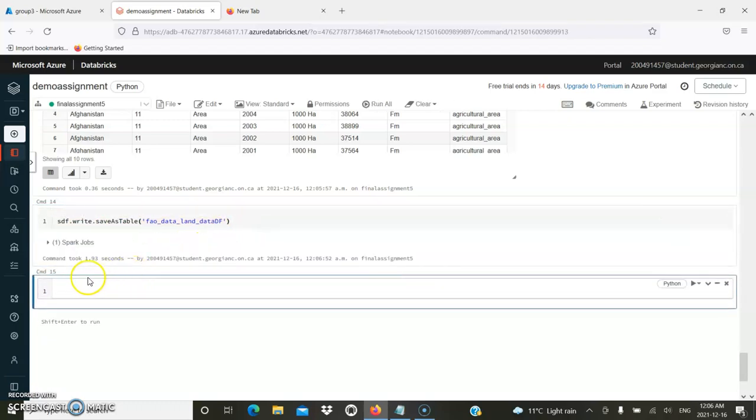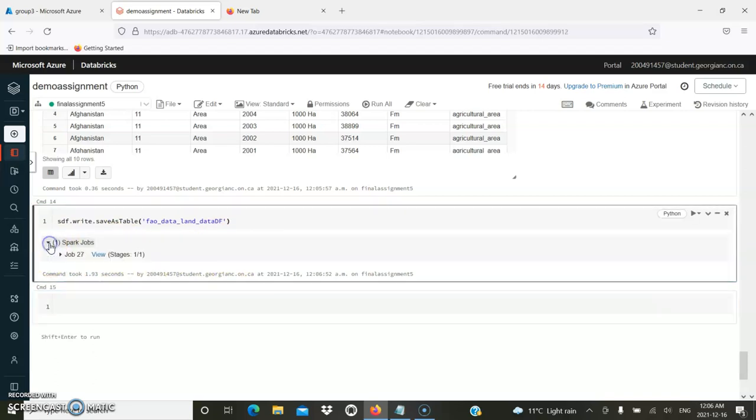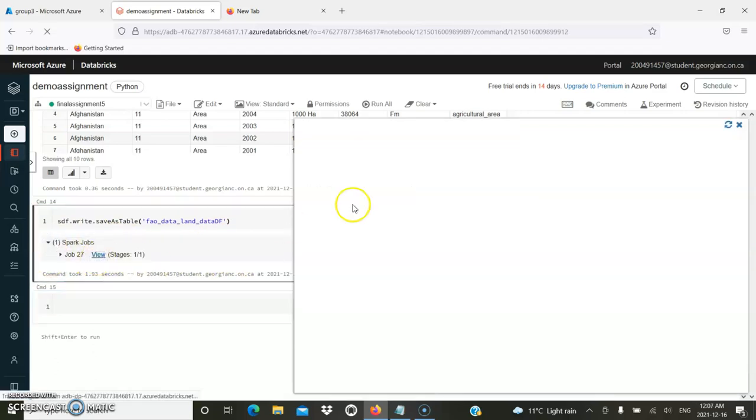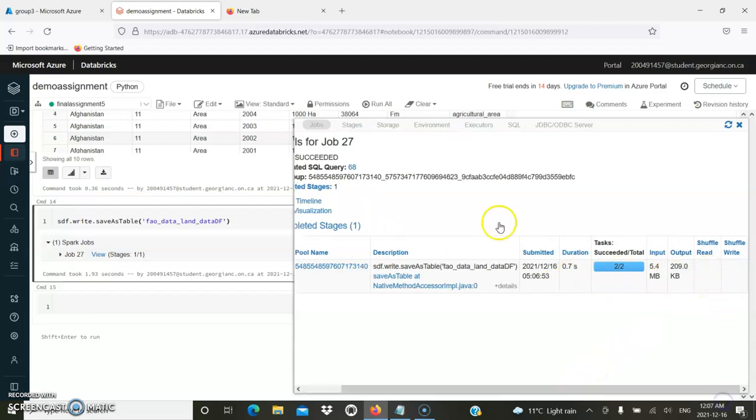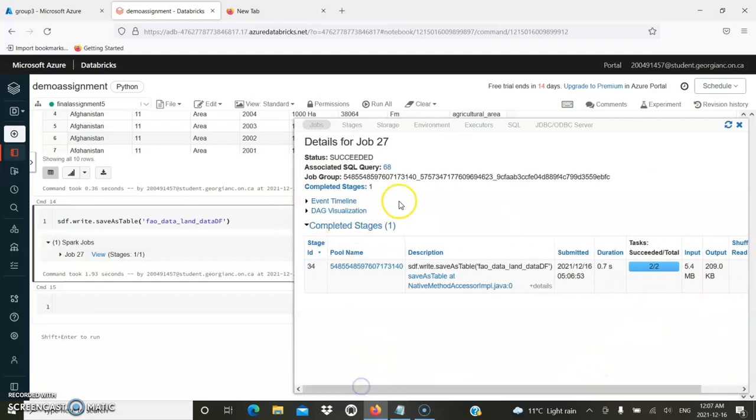So you see, it has saved my table now. I can view my table. You see, this is my table. It's going to show me where it is located, succeeded, job created, and completed stage. Then this is my table. It has been saved, and every piece of information about my table, the location where it's stored, everything is here, the inference, how many things. So this is just to tell you that there are a lot of stuff we can do